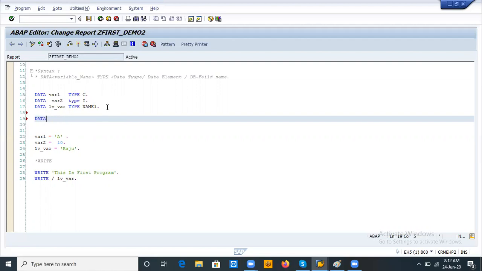See, wherever you are making a mistake, the system will give the red color. Red color is nothing but you are making a mistake. Only the system will give that red color. Okay. Now I'm using